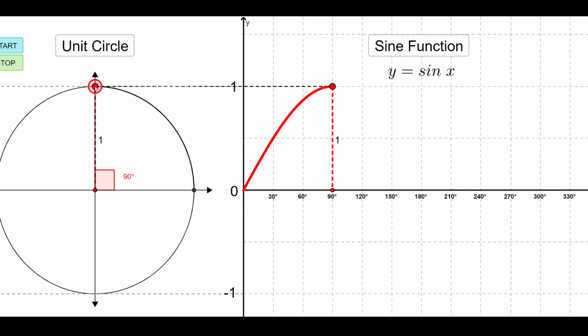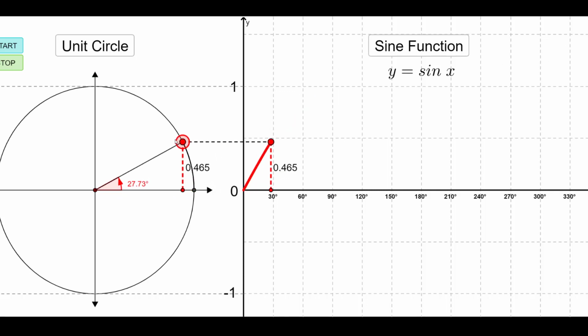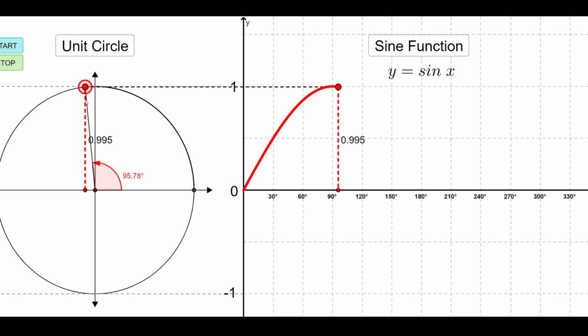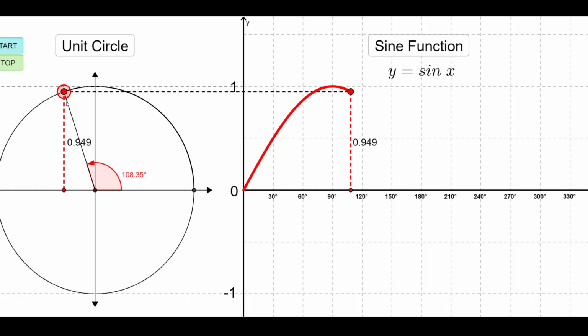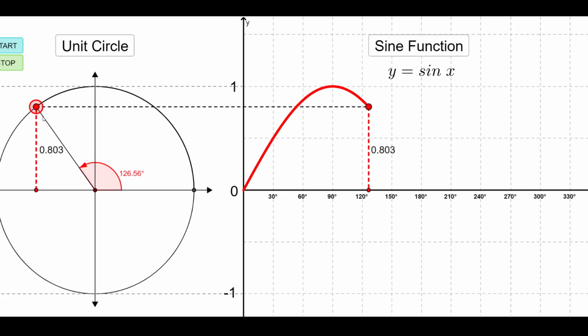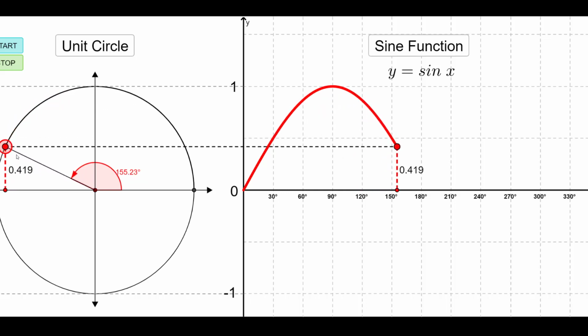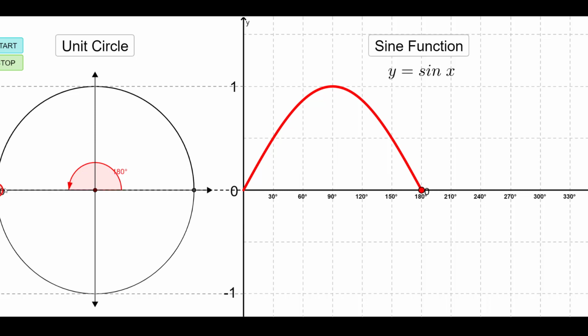Okay, and if we keep increasing the angle like this, there's no way to keep increasing that. Okay, let me keep increasing that greater than 90 degrees. So you can see on the right, the path is going down, the graph is going down there. And when the angle becomes 180 degrees, the sine function becomes 0, because the sine of this angle is now,